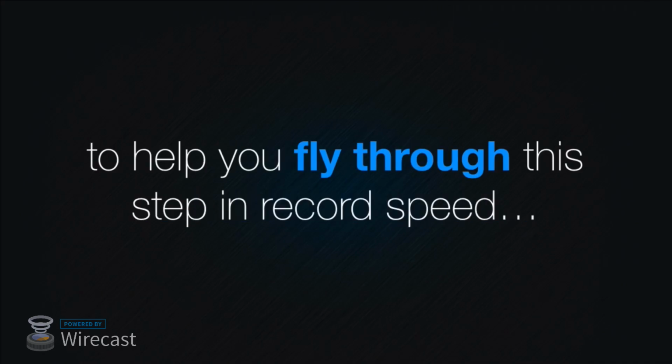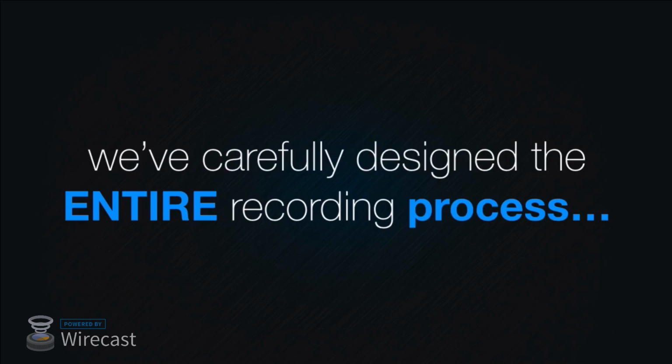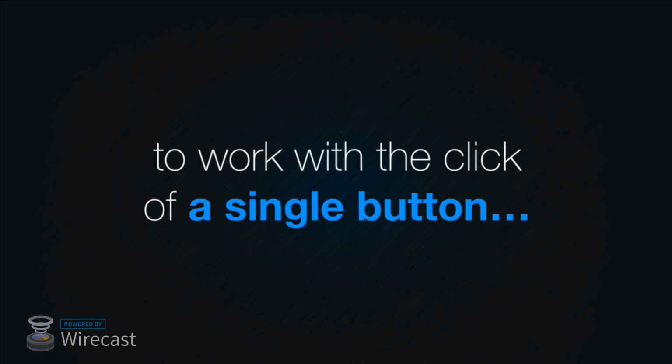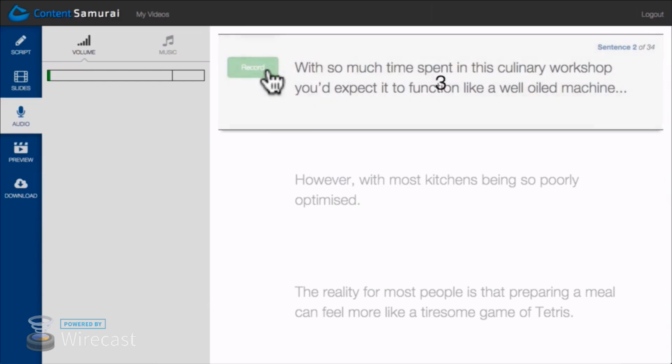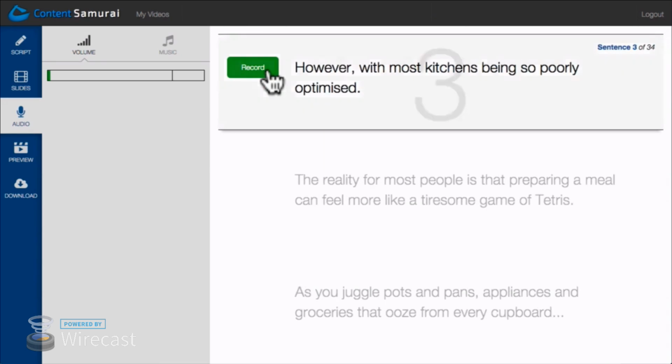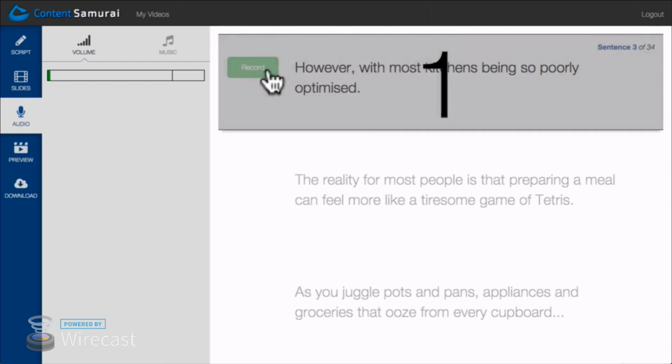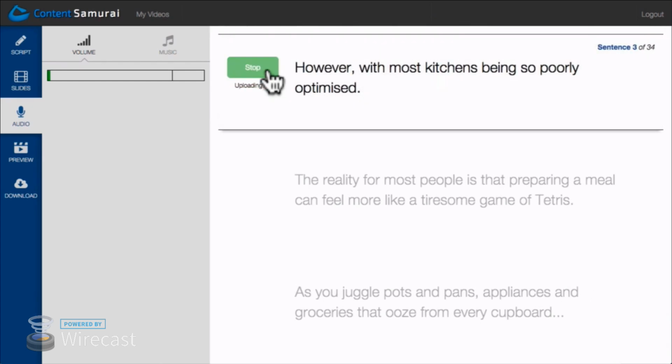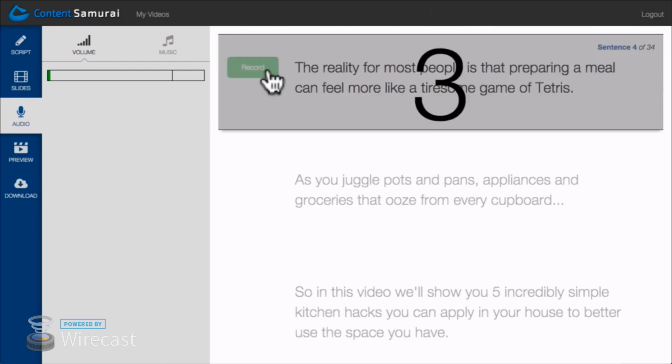You see, to help you fly through this step in record speed, we've carefully designed the entire recording process to work with the click of a single button. Just hit the record button to start recording, then again to stop, and then again to move on to the next sentence. By recording your audio this way, Content Samurai removes all the friction and makes the whole exercise an